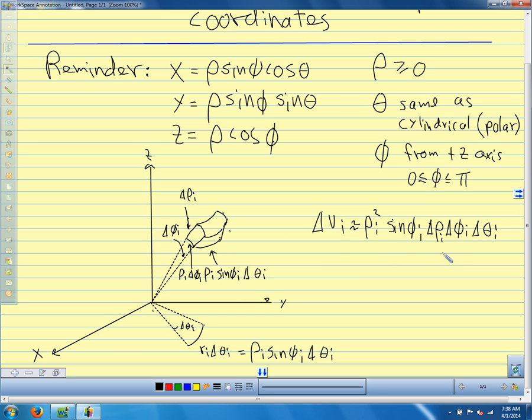So this is our volume element: rho sub i squared sine phi sub i delta rho sub i delta phi sub i delta theta sub i. So we take the limit as delta v sub i approaches 0, and this gives us our triple integral in spherical coordinates. So this is our volume element. So our triple integral